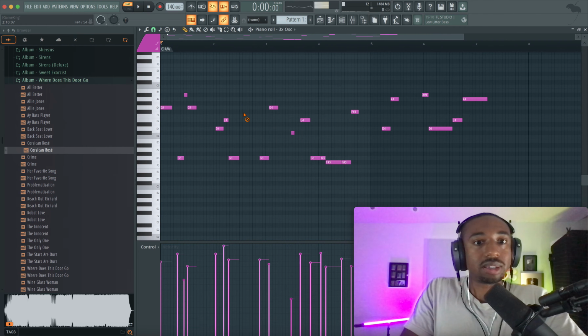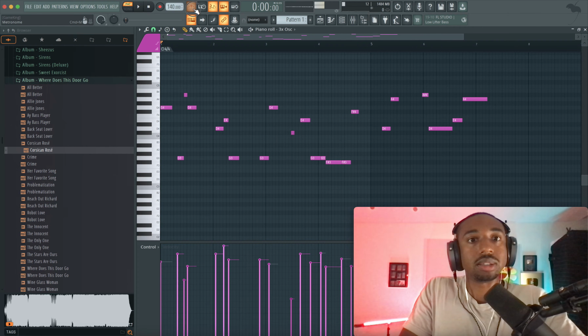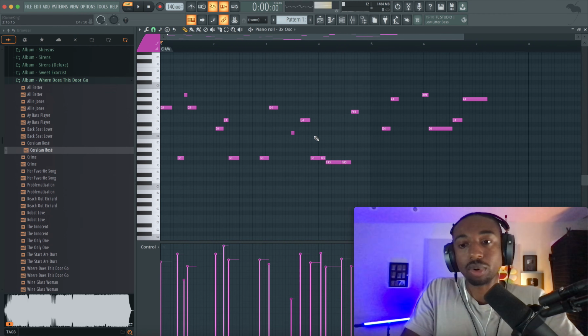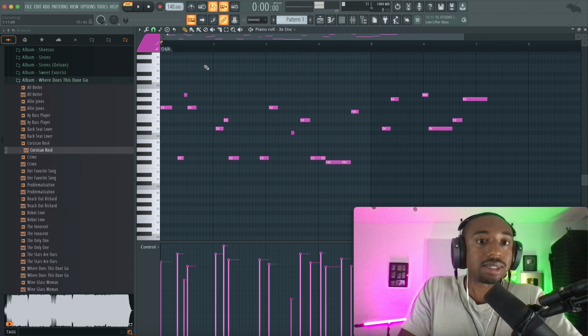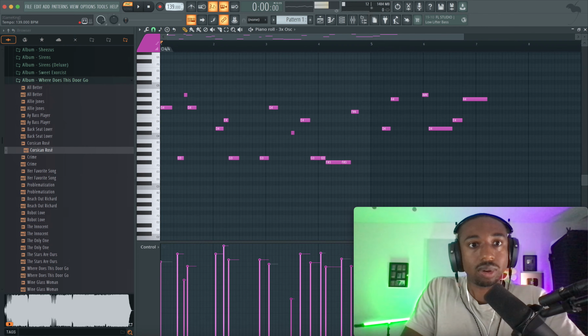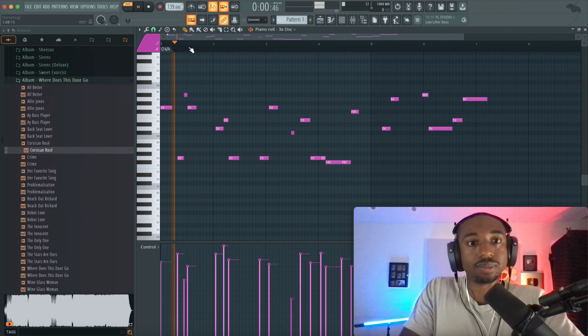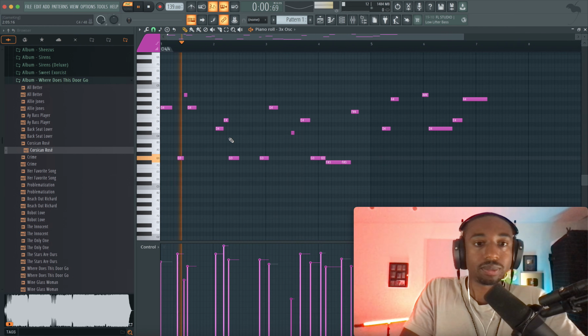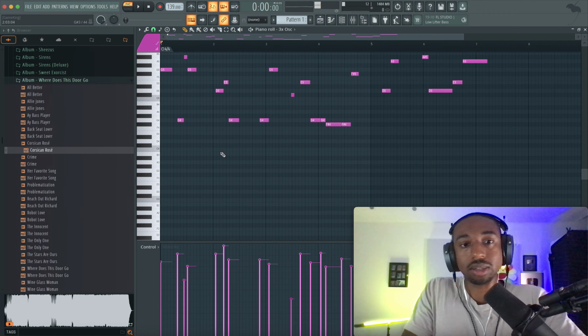So basically you just have to set the time, and keep in mind, the MIDI exports at the tempo of the sample. So if you import MIDI from a different tempo, it's not going to line up. You have to manually go and figure out the exact tempo. So that's why, if you quantize it, the notes won't make sense. But it did pick the right melodic notes. Let's pull this up an octave.